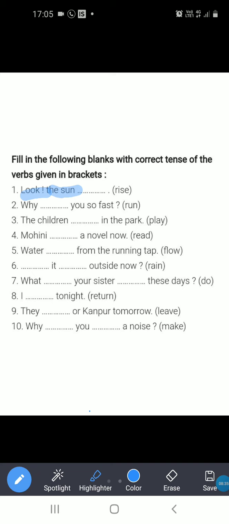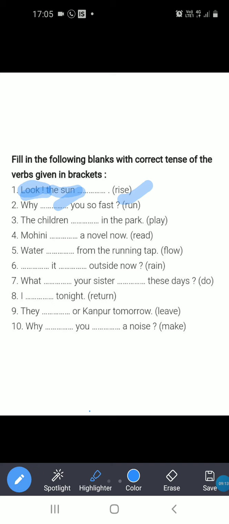But here they have changed it because they have used "look". Look means this time the action is happening. That's why the word look is used here, for showing that the action is ongoing. The action is going on this time. The sun is rising, because the sun is singular, right? Sun is a noun that is singular, and we use the main verb rise plus ing. Okay, the sun is rising.